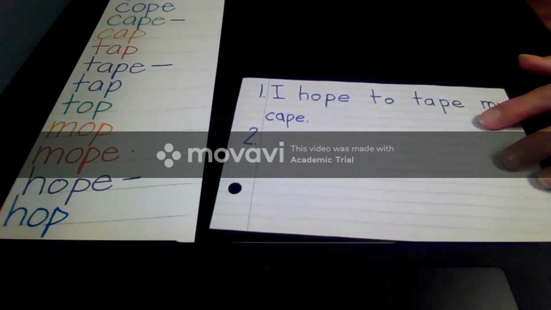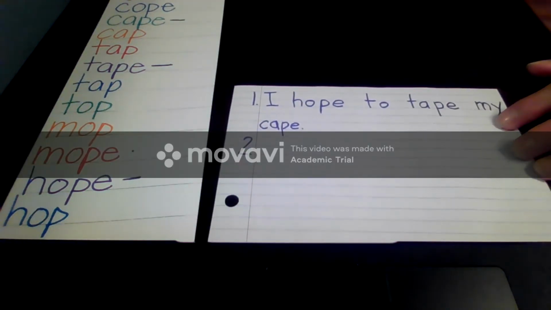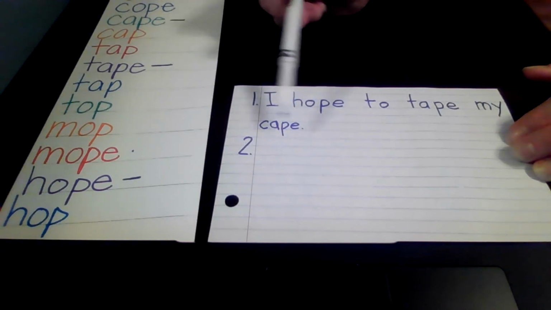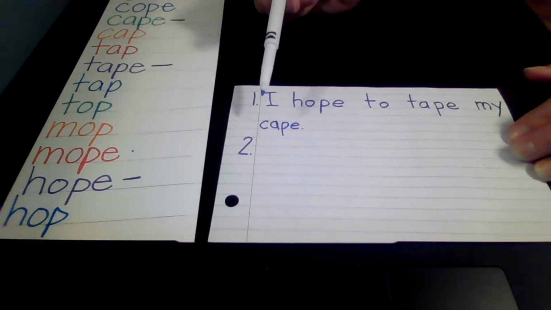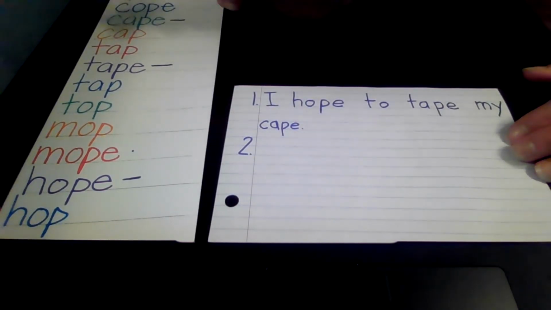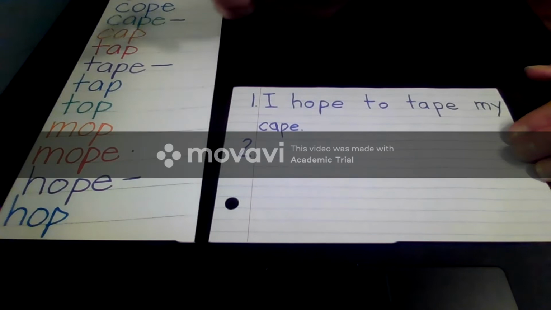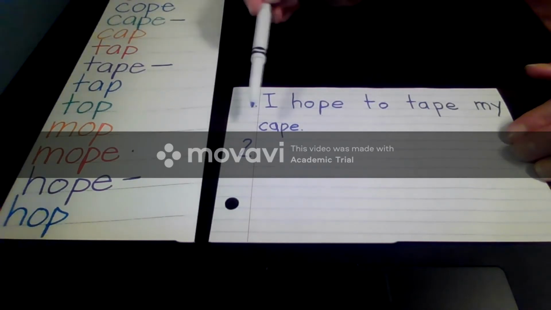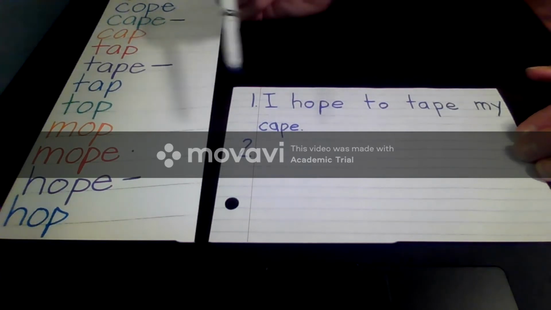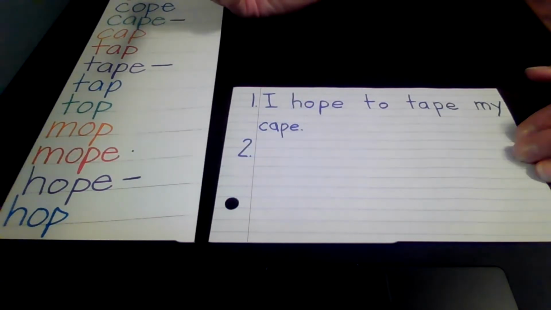And then you can always check again if you had swag in your sentences. So swag, does it start with a capital letter? Yep. Is it written neatly? My top line's written neatly. This isn't written so nicely, but remember, Miss Matrix is writing upside down, and if I had an eraser, I would definitely erase it and rewrite. Is there a space in between every word? Yep. Nice big spaces. This one's a little small, but it still looks okay. And then is it given punctuation? Boom, got our period. All right, so let's start number 2, and we're going to start with a capital letter